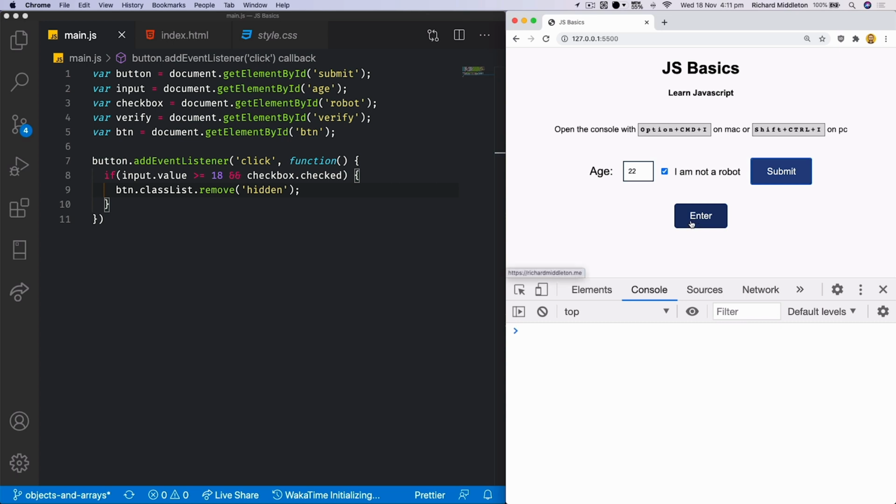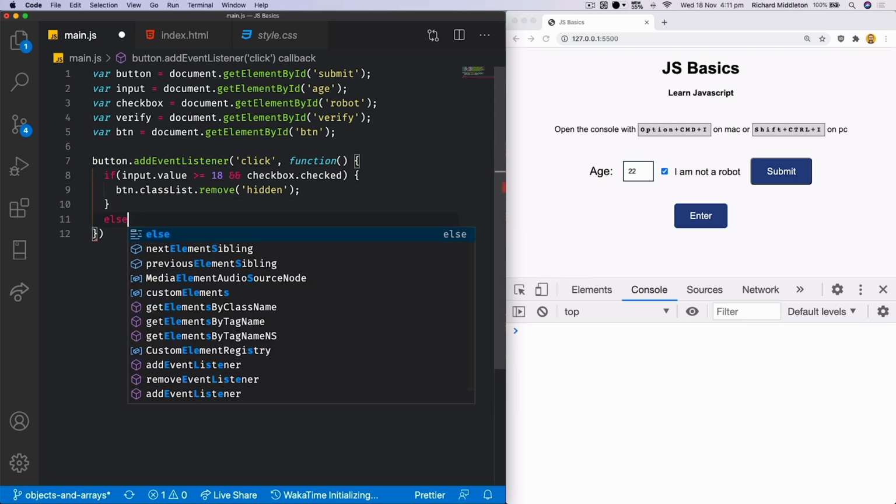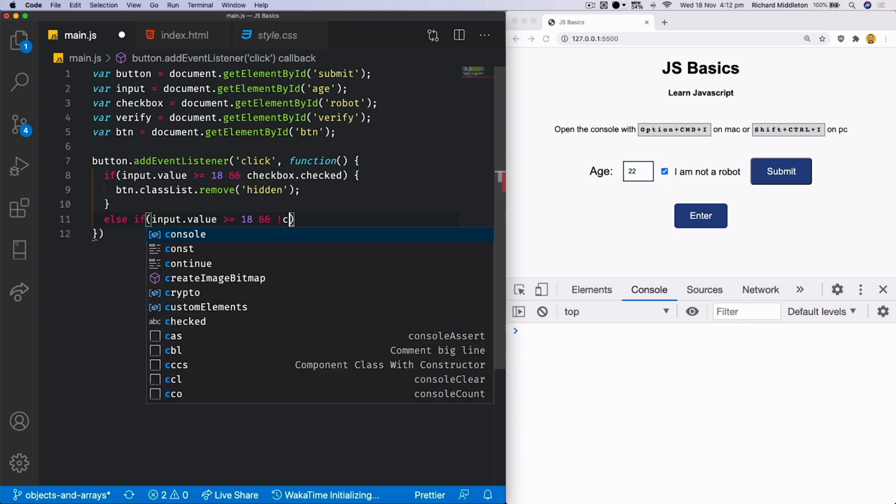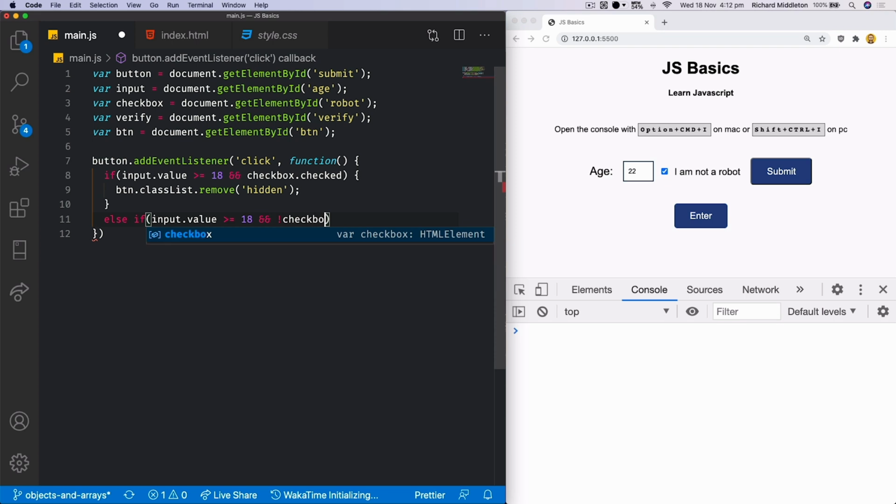So maybe now we need some validation. So maybe if we go to our JavaScript and say else if the input.value is greater than or equal to 18, so they're old enough, but, so and, double ampersand, not, exclamation mark, checkbox.checked. We're saying if you are over 18 but you haven't checked the checkbox, we can say the verify element,